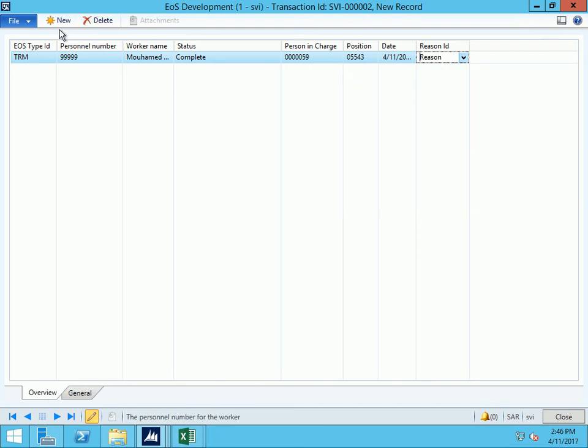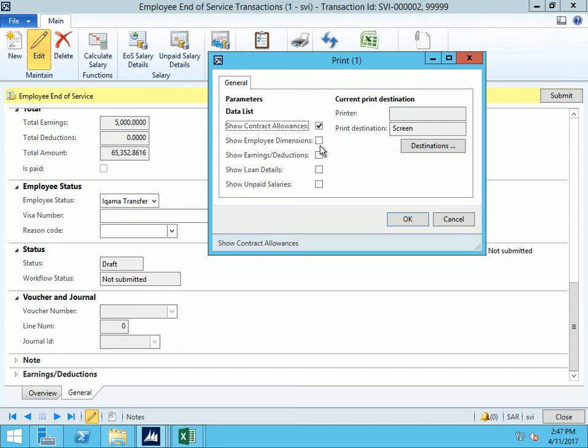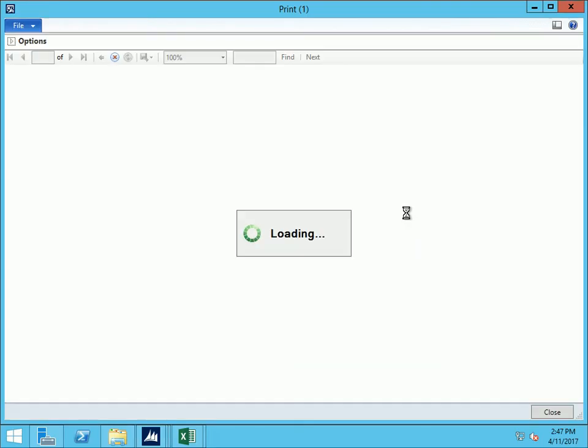Then you can attach anything, if you need to attach the paper that has the signature on it. Okay. I can print it directly from here and select this if you need to show all these details. The same